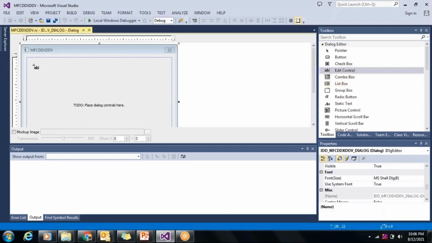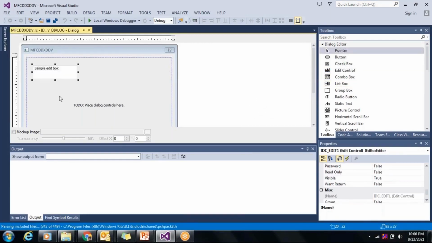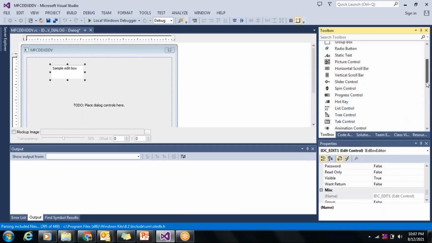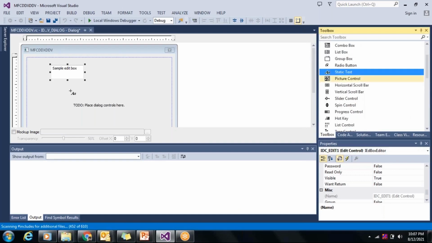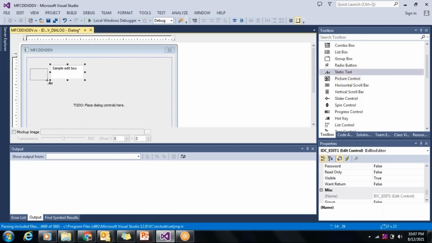This is my edit box which I'm entering. Let's say I'm going to just add a static text, and I'm going to give it as age.